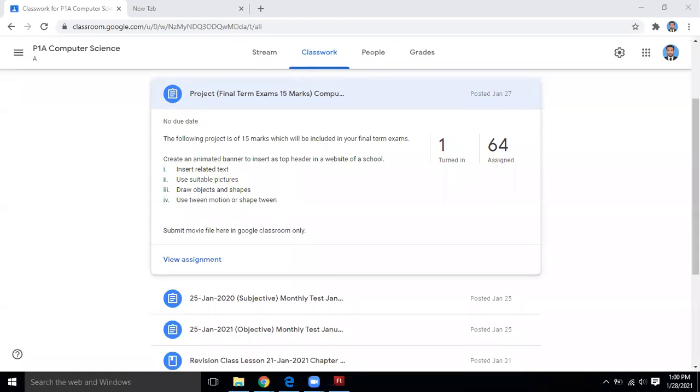Yes, Nabiya Siddiqui. Yes, sir. I just wanted to say that I have downloaded Flash, but it is in a WinRAR file and it's not opening. If you have WinRAR installed, then you will be able to unzip it.